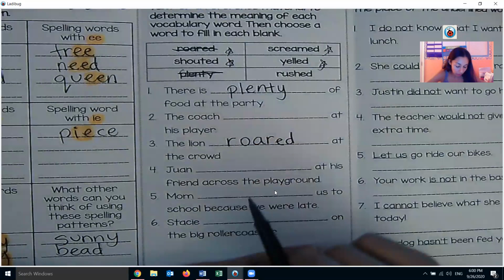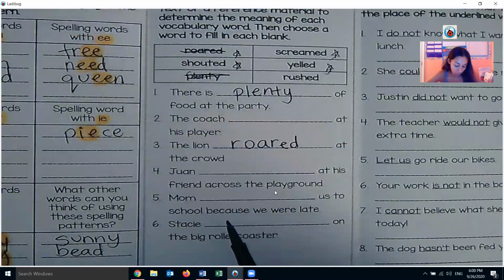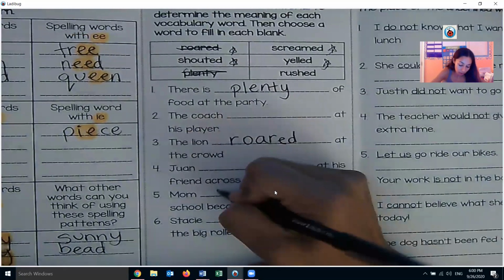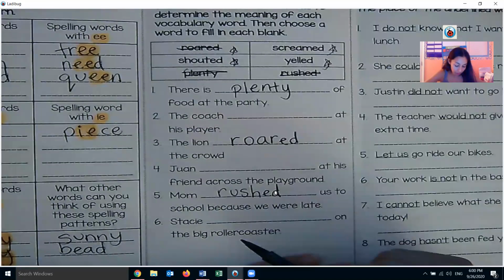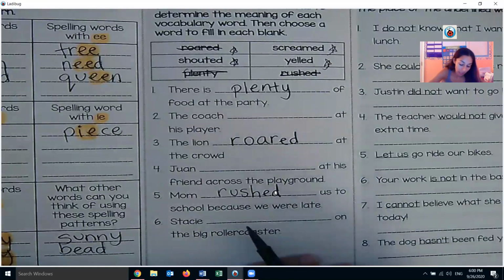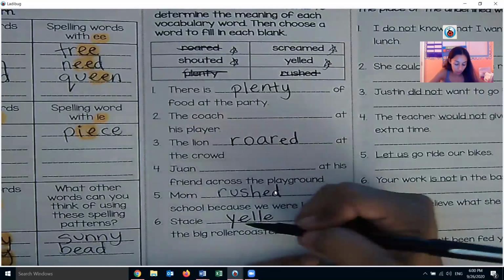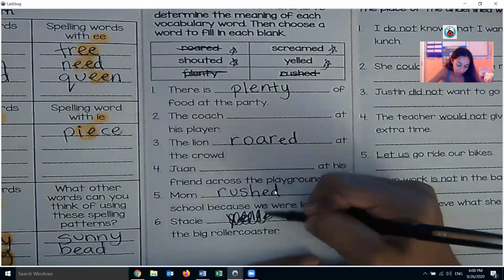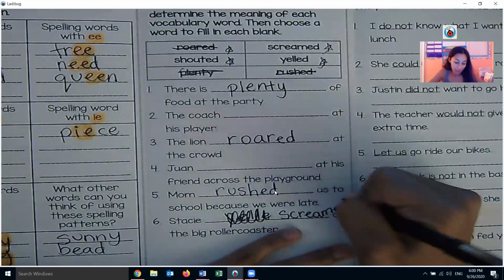Juan at his friend across the playground. So this is again another one that can go with shouted, yelled, screamed maybe. So I'll leave that for the end. Mom us to school because we were late. Oh, rushed us to school because we were late. And Stacy on the big roller coaster. So I'm going to say that Stacy yelled because you're going to more, oh, or maybe I guess screamed. Sorry, I meant screamed. Stacy screamed because that's more like, ah! I guess she